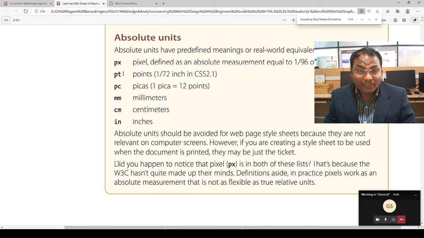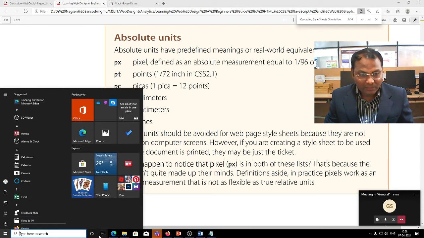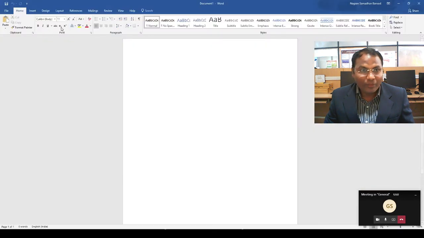PT, point, is 1/72 inch in CSS 2.1, and PC, picas, 1 pica is equal to 12 point font. We know the font size we generally measure in points. This is 12 point, 8 point, 13 point, 72 point, likewise.